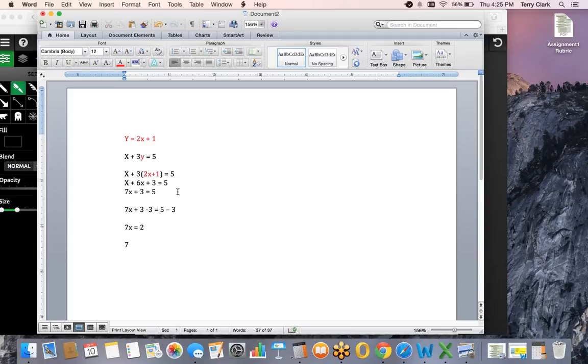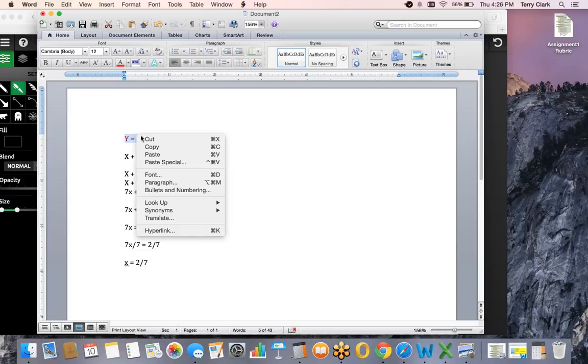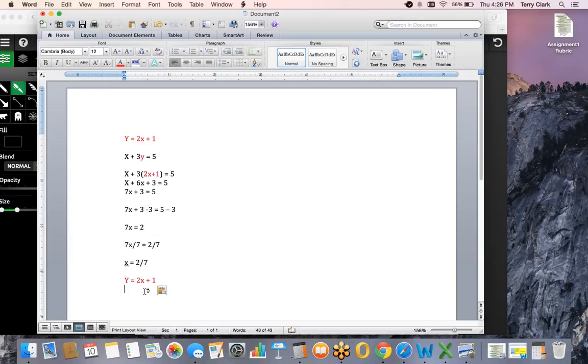And then the last thing we'll do is we'll divide 7 from both sides. So we got 7x divided by 7 equals 2 divided by 7. And x equals 2/7. So that's one. Then the other one is going to be, we've got to solve for y. So I'm going to use the original one where it says y equals. The math would just be easier if I use that one. So all I have to do is just simply plug in for x